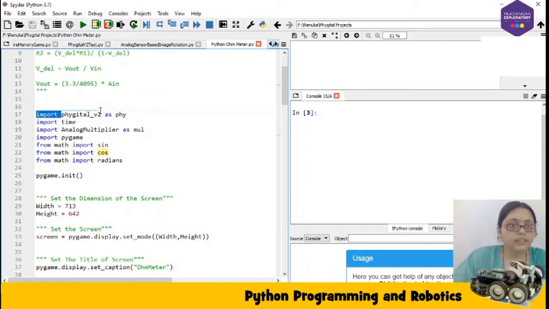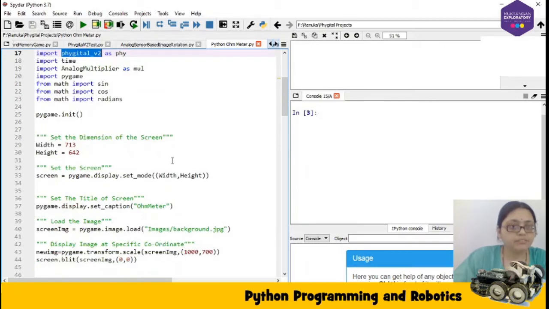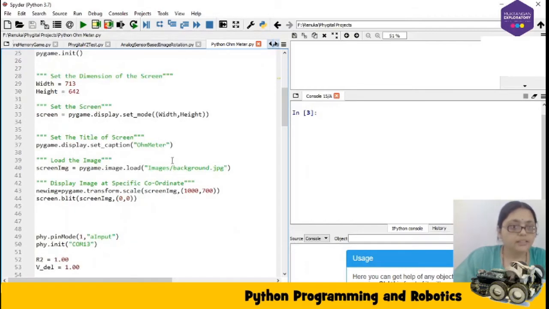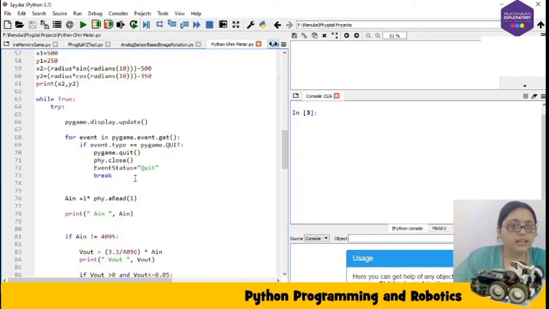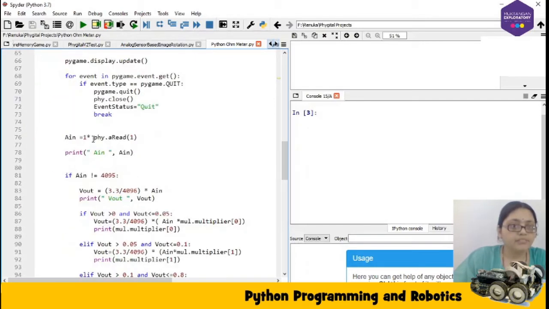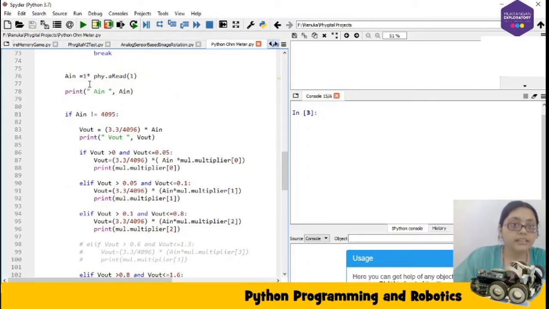We have included the Phygital library which we have designed to communicate with the hardware. This is the initialization part of our hardware, and we have taken the analog reading from the analog IO pin from the brain board, and this analog reading comes out to be 4096 when the voltage is maximum, that is 3.3 volt.